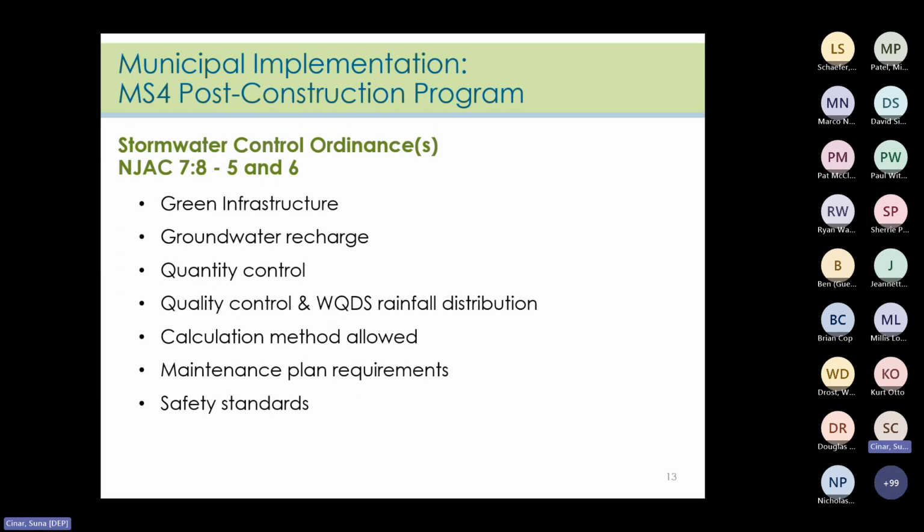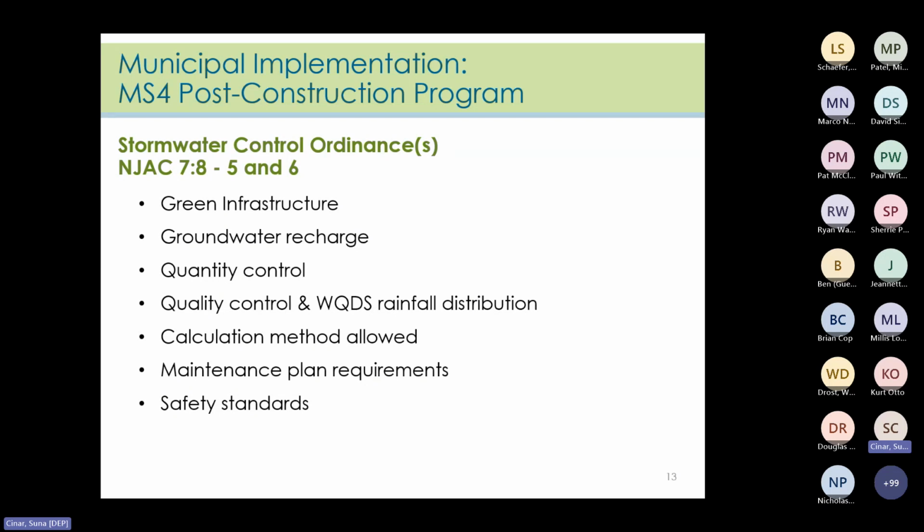These standards will be covered throughout the rest of this training, and they include the requirement to use green infrastructure to meet the design and performance standards, which replace the implementation of the 9 non-structural strategies,